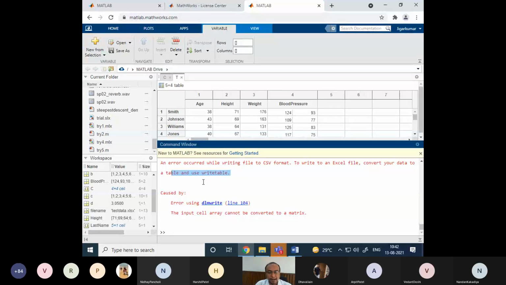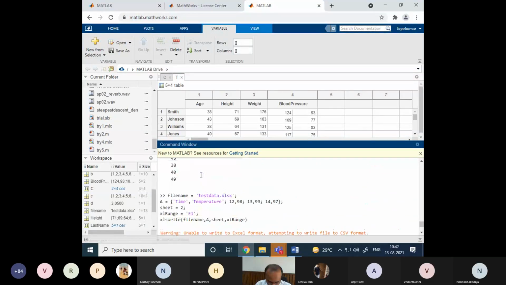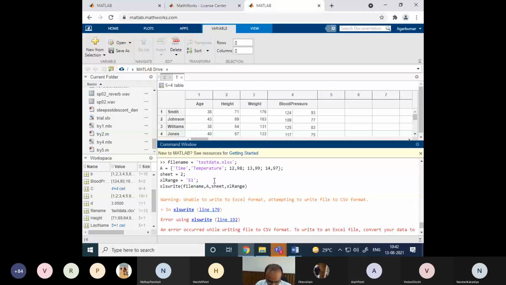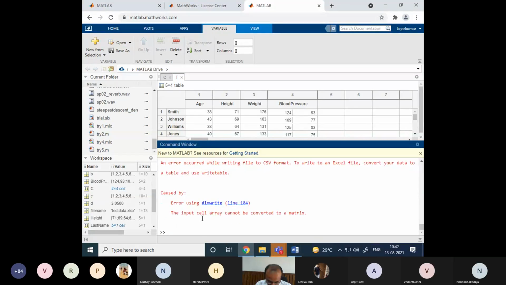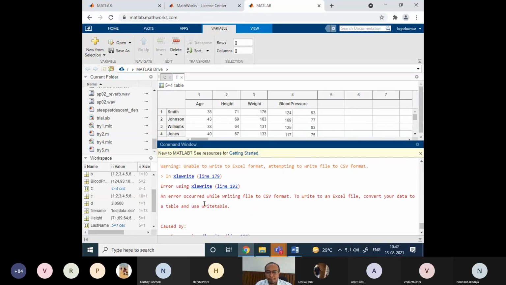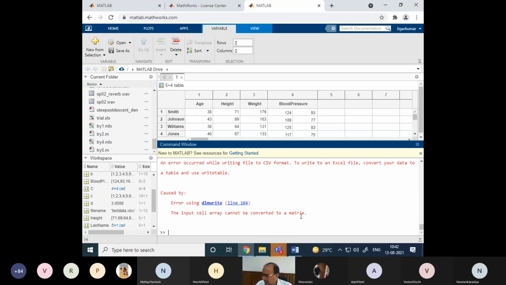So right now in MATLAB Online, this direct writing is not supported. If it is offline, it will support it. So remember, we have to convert this cell data into table data. If you have cell data in MATLAB Online, it is not supported right now. But if it is an offline installed version of MATLAB, it directly supports it. That difference we have to bear because we are working online. If we have an offline version of MATLAB, which I have on my laptop, then this will be supported.